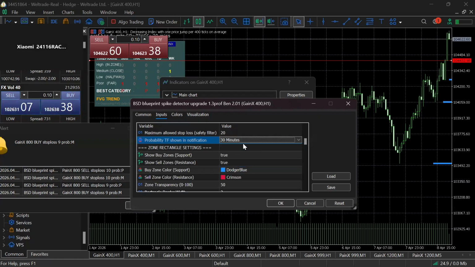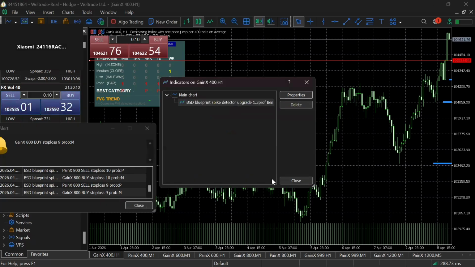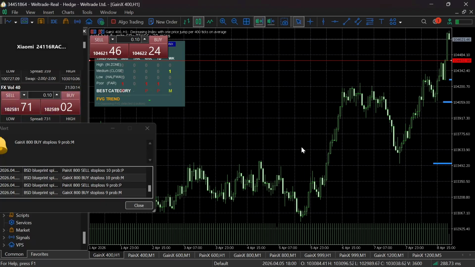But before I even explain what that does, I want to make sure you understand the logic behind it, the probabilities, the logic behind it. So you can click OK, and then we discuss the logic, and then how you choose those signals: high probability, medium, and low. If maybe you have been here before the current versions,